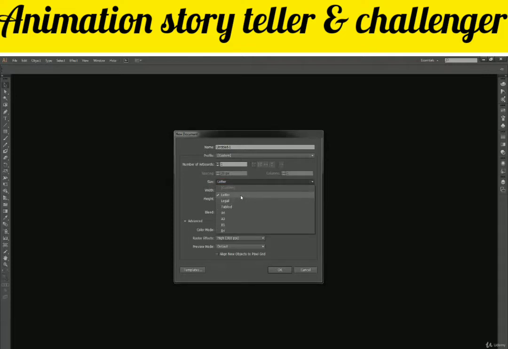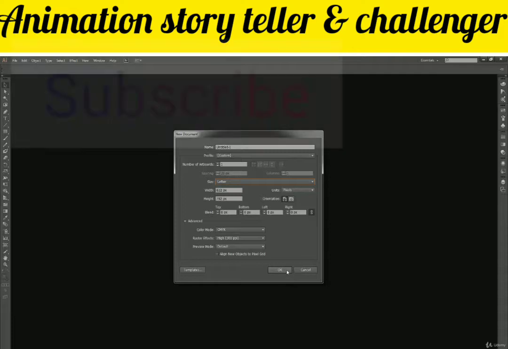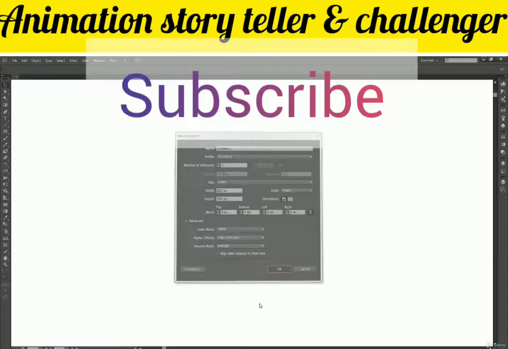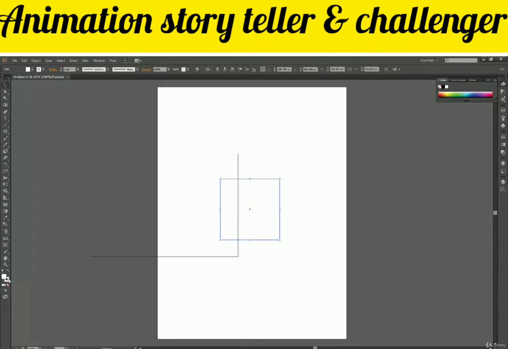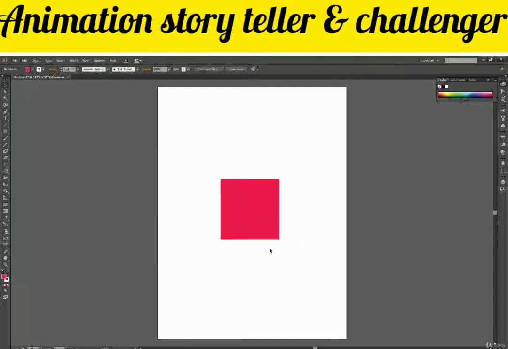Let's say first we create a letter size document, and press OK. So we have our file here, and let's draw a rectangle over here so that I know I have my file.